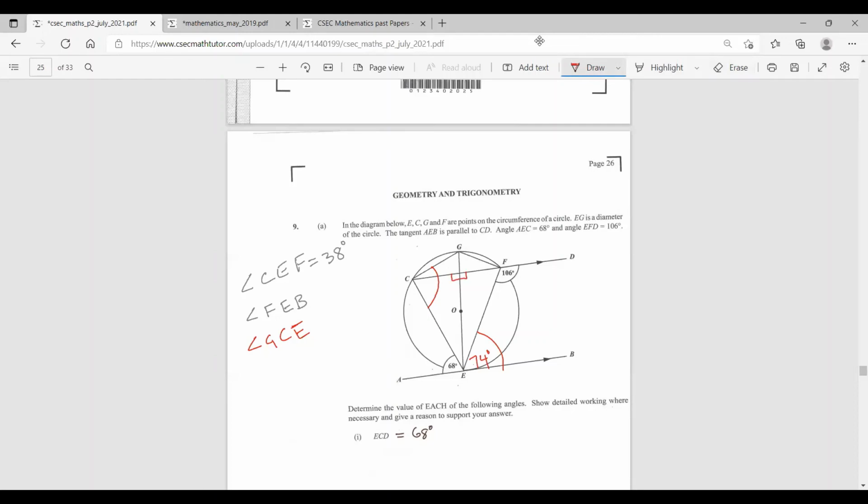No, the same side but opposite. So if the angle EFG